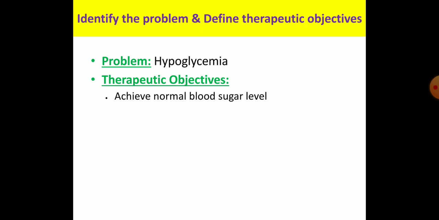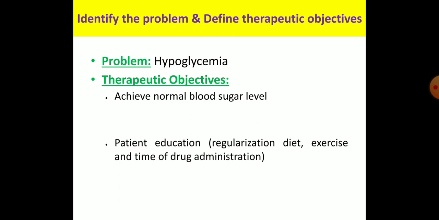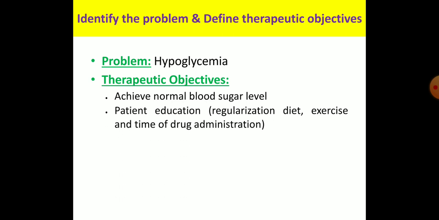So you have to achieve the blood sugar level as early as possible. Then your second aim is to maintain this blood sugar level, and third is, once the patient is conscious and the emergency is over, then explain to the patient the importance of diet, lifestyle measures, and drug therapy. And you have to explain to the patients the signs of hypoglycemia and the gravity of this condition. So this is the problem, and these are our therapeutic objectives.